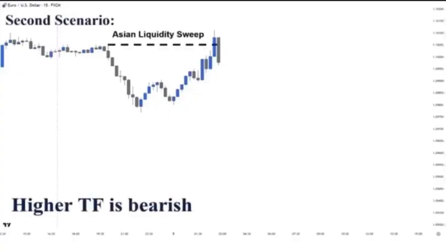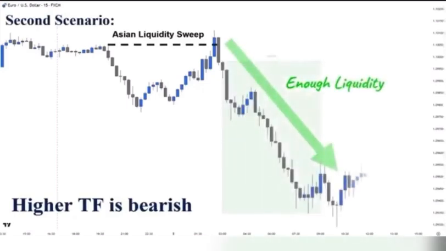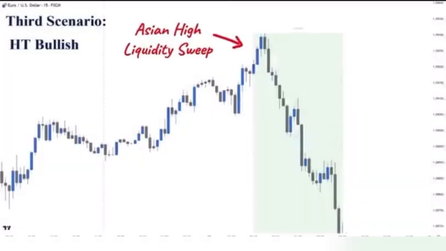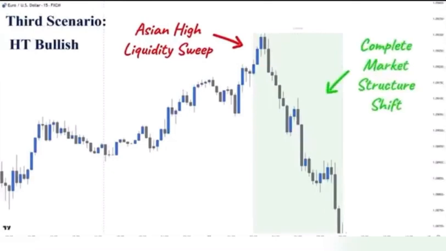Now, in the second scenario, the market has gathered enough liquidity before the London killzone begins. So the price continues to move in the direction of the higher time frame. Once again, we can make optimal trading decisions by combining the higher time frame direction, key levels, and lower time frame confirmation. In the final scenario, the price heads for sweeping liquidity beyond the high or low of the day that the Asian session created. Then we witness a complete shift in the market direction. Now let's see some real chart examples to show you step by step what's going through our mind when the